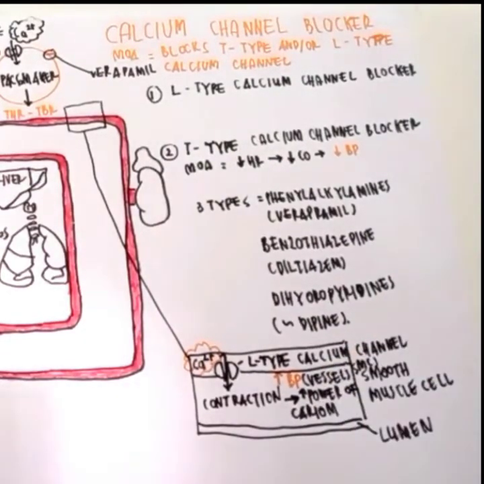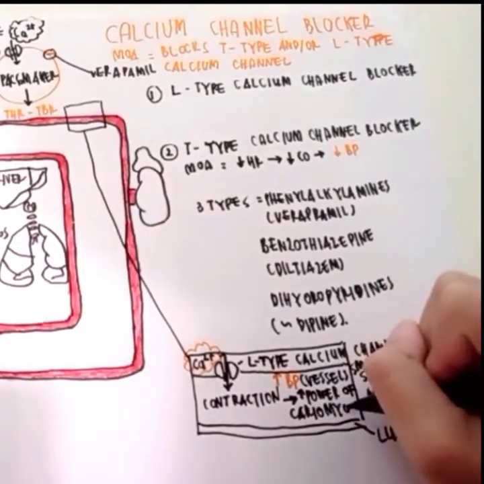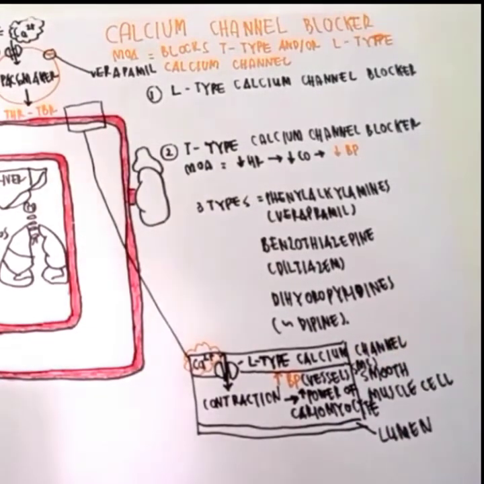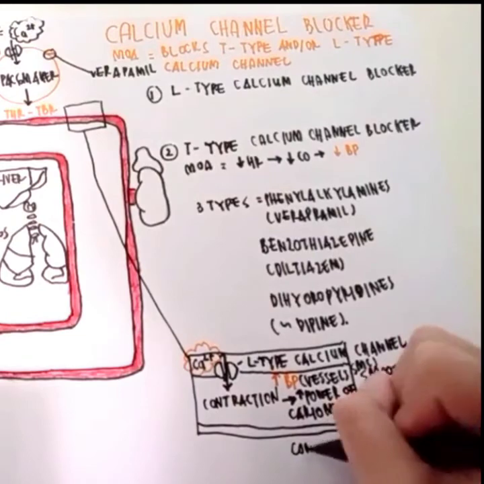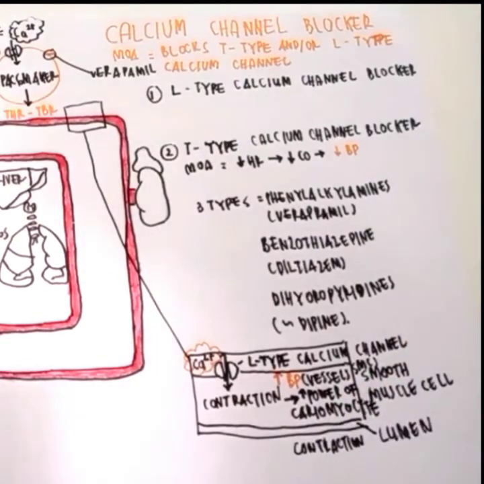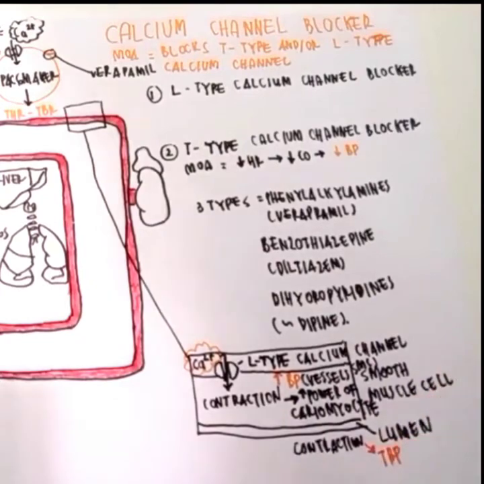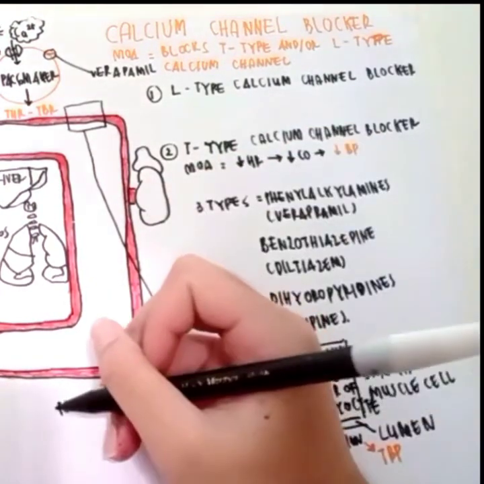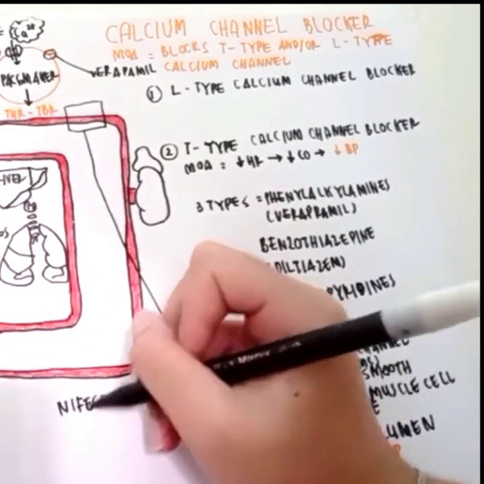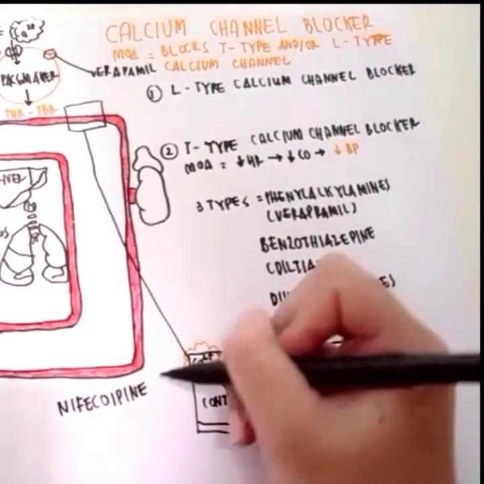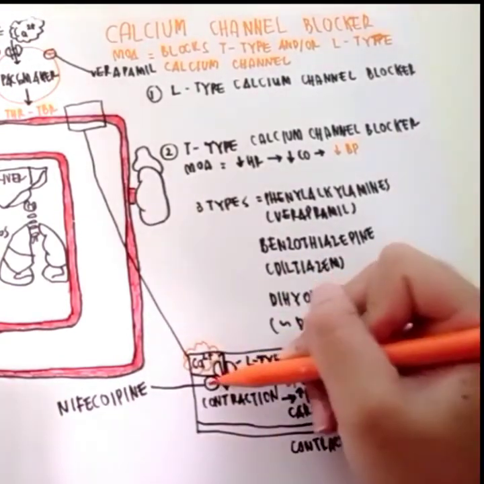Contraindications of calcium channel blockers are congestive heart failure, heart block, hypotension, and ventricular tachycardia. And this is unique to calcium channel blockers because in heart failure, the heart is trying to compensate by contracting a lot harder, and so if you use a calcium channel blocker specifically on L-type